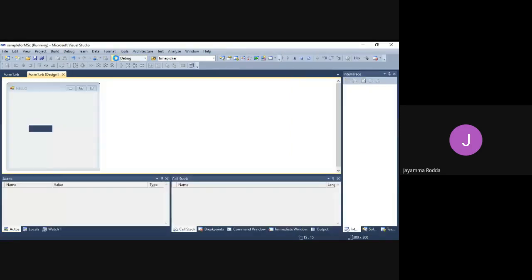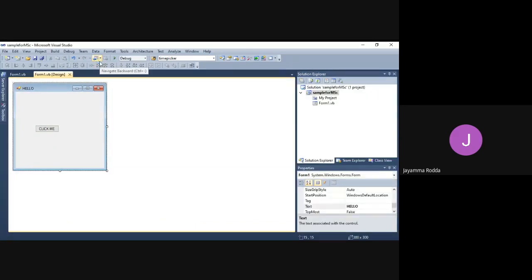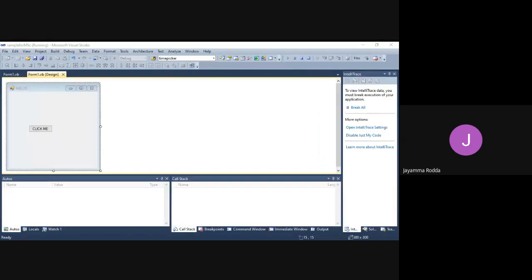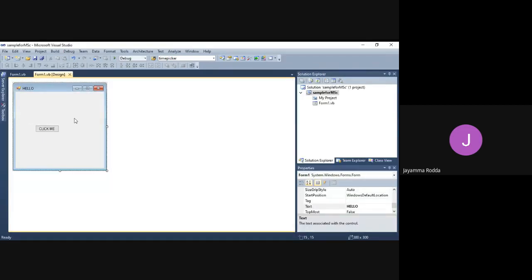Let us just see again. Now what will I do? In order to exit from the execution, I just clicked on it and came out. But here, when I use the button, I need not use any of those buttons. I'll just click on Click Me, and I'm exiting from the execution to the designing mode. Do you understand this? This is a simple program for the button.